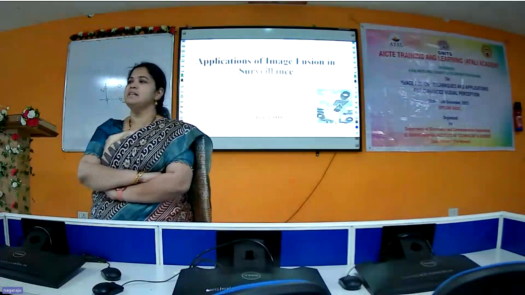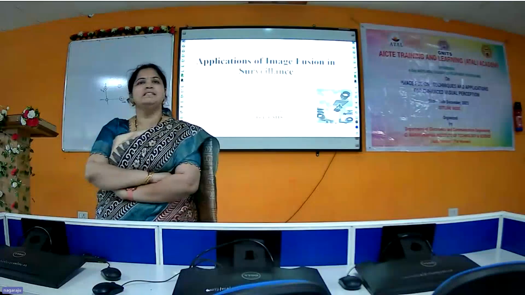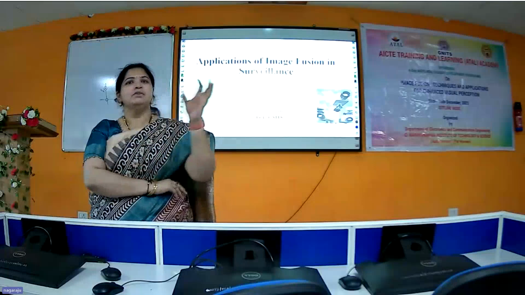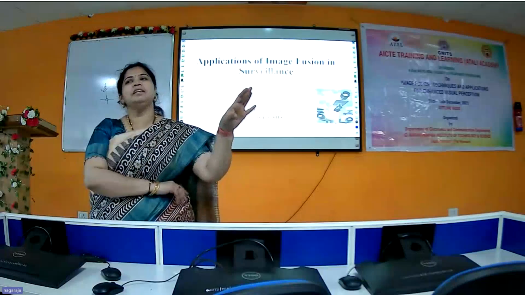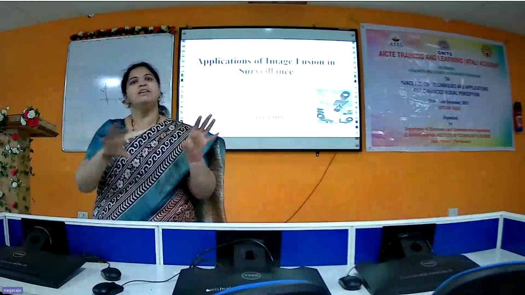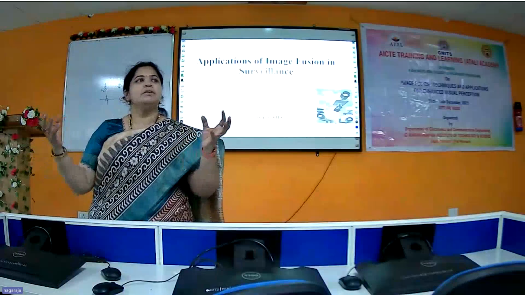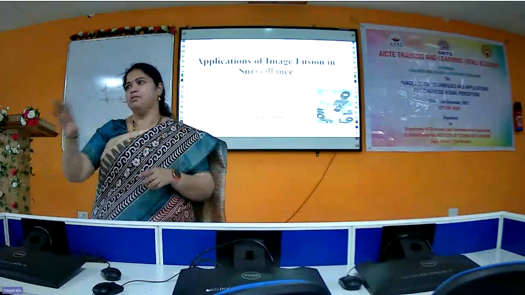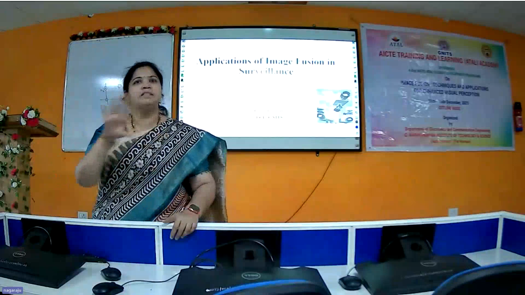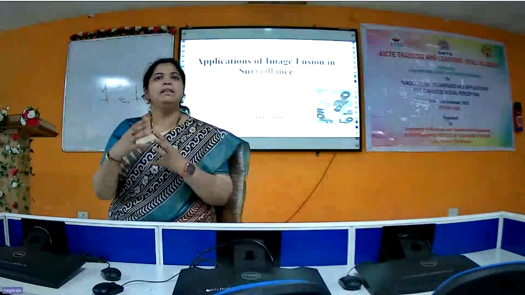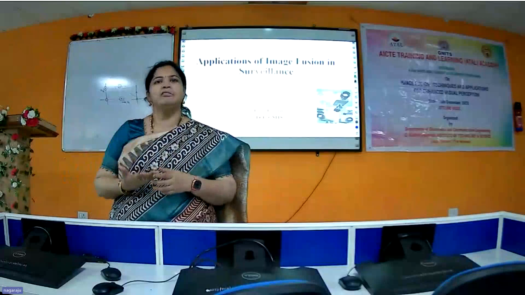One is single sensor image fusion. The other one is multi-sensor image fusion. Suppose she is taking pictures with one camera. Instead of that, 2 or 3 members are taking photos simultaneously from different cameras. The person is the same, but the source of taking the images is different. If I have all of that and combine it to get a better quality, that is called